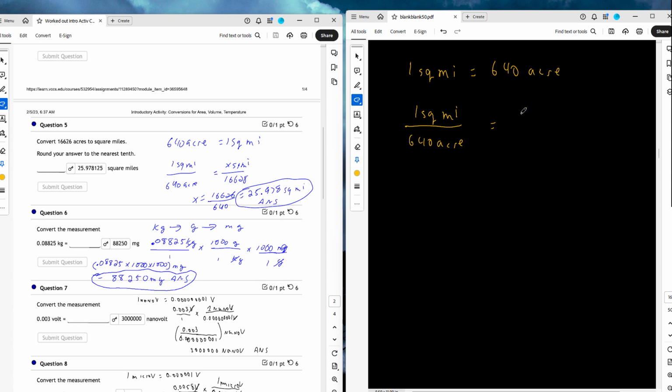I'm trying to find square miles, so I'll have x square miles here. Now let's call it x square miles over